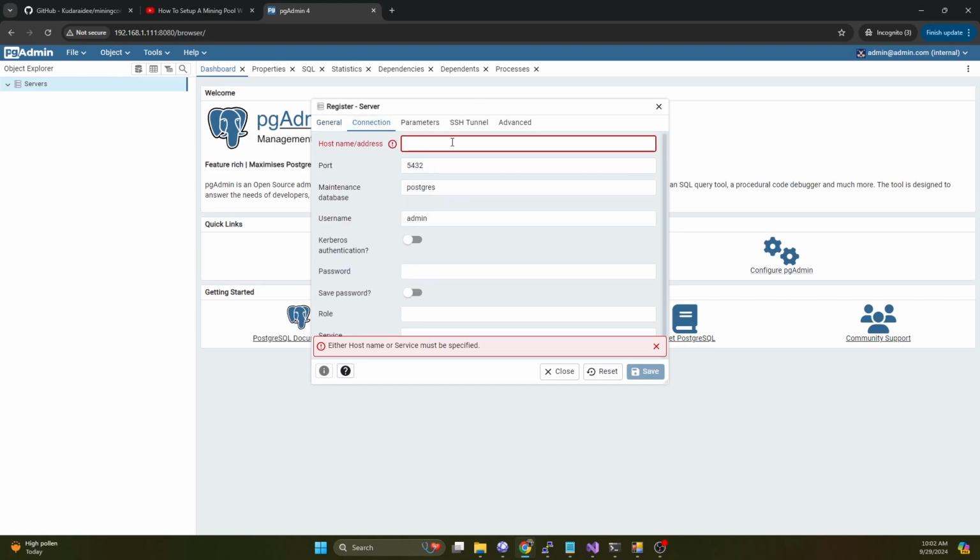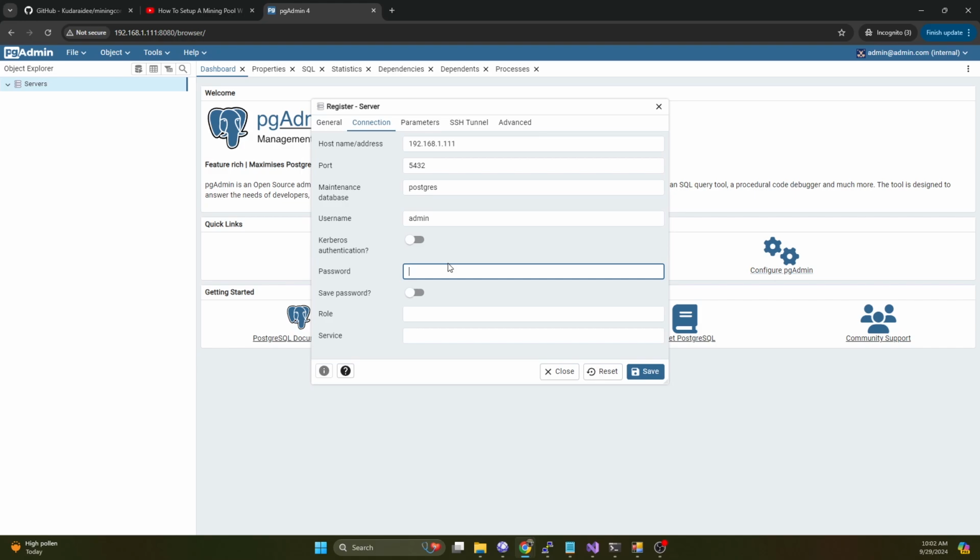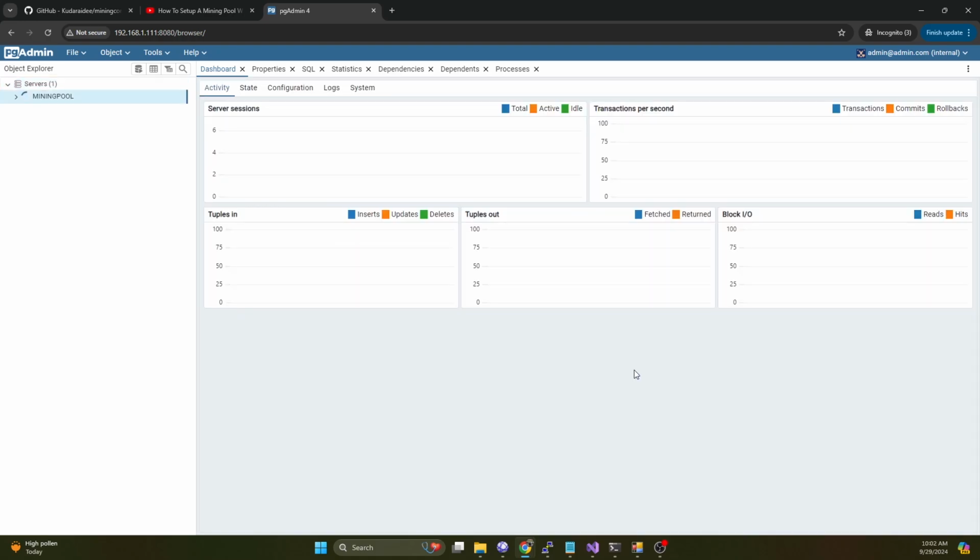And then on the connection, you can just do the IP of the system. So for us, it's going to be 1.11. And then the username and the password that we specified when we spun up the Postgres container. So in our case, I'm using the same for both. And then we're going to tell this to save it so it auto logs us in every time. And let's go ahead and hit save. And you can see now it has connected to that, and we should have a master database in here,